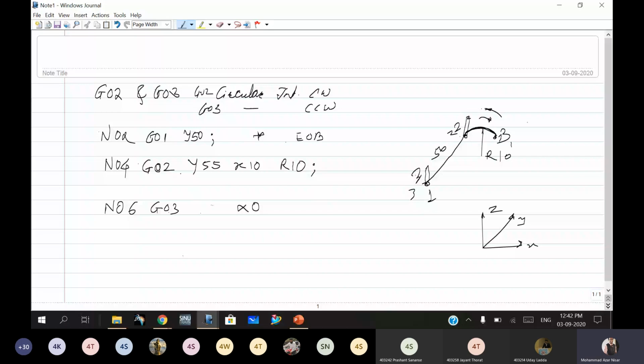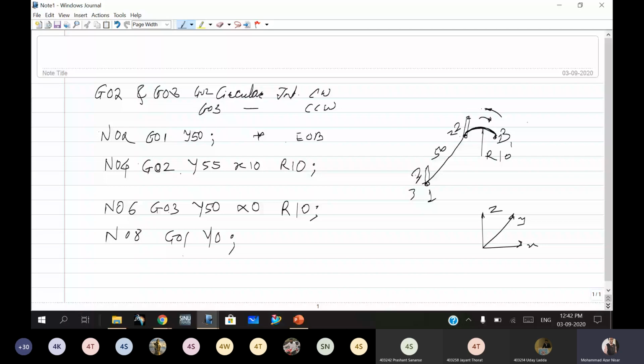In this way, for the last move from 2 to 3, N08, G01, again Y0. So this will complete it. It will move from point number 2 to 3. In this way, this circular profile is done.